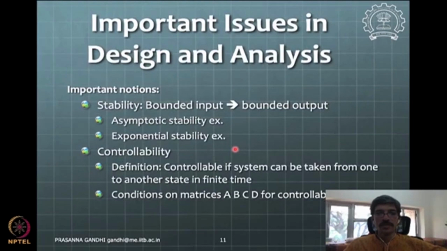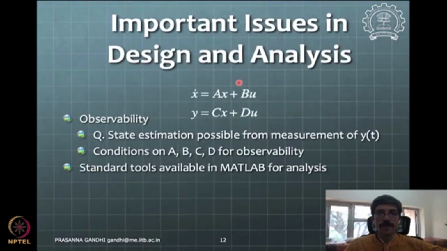There are some conditions for controllability based on these matrices A, B, C, D of this form, so we don't get into that right now. We just need to keep at the back of our mind that some notion of controllability and observability exists here. If we want to use some